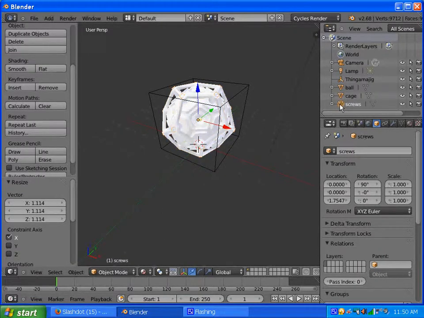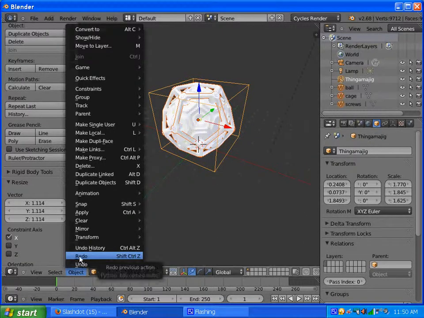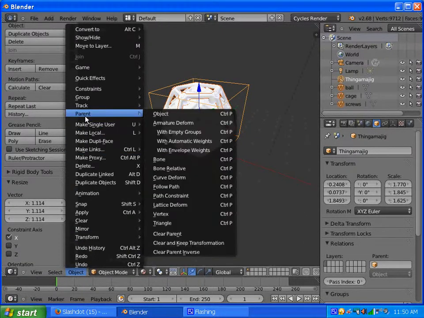So we select one item, we shift select, and we shift select the one that we want them all grouped under last. I think you can do Control P to parent, but we are going to just do it through the menu, so in case you don't remember all the hotkeys. Like I said, some of these things can cover more than one step. So you go Control P, parent,